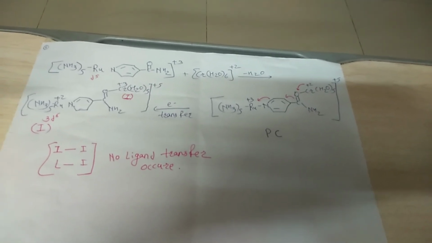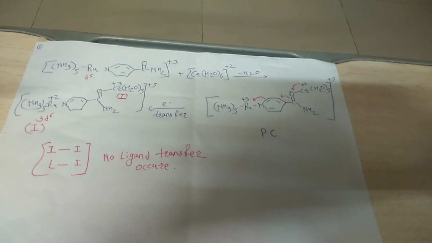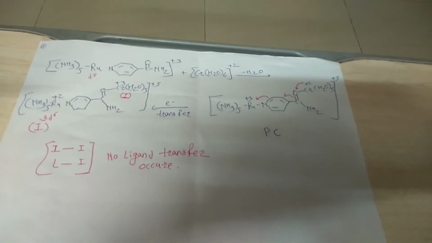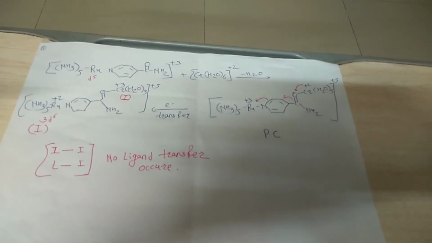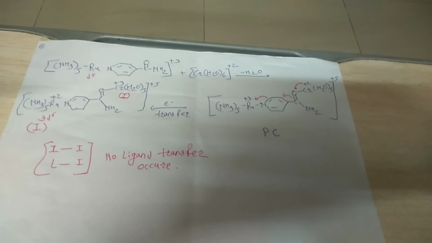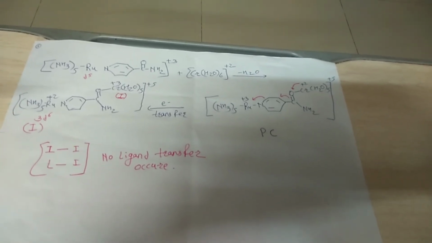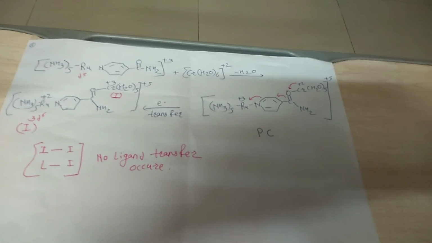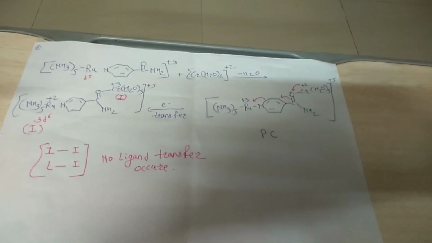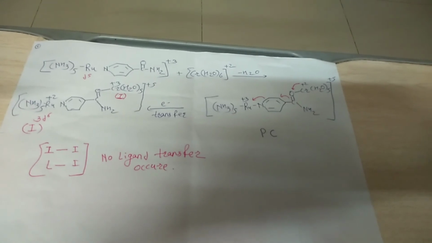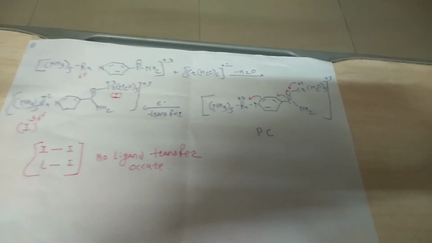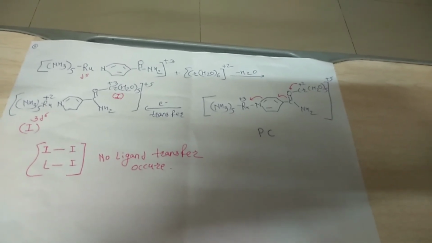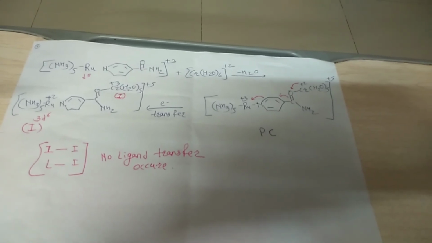After that, no hydrolysis occurs because there is no group transfer, because the complex is inert. The necessary condition for transfer of group is what? Both the complexes should change their nature. If the complex is inert and it gets converted into inert, then there is no transfer of ligand. But if an inert complex is converted into labile and labile gets converted into inert, then in such a condition we can have a transfer of ligand from one complex to another.